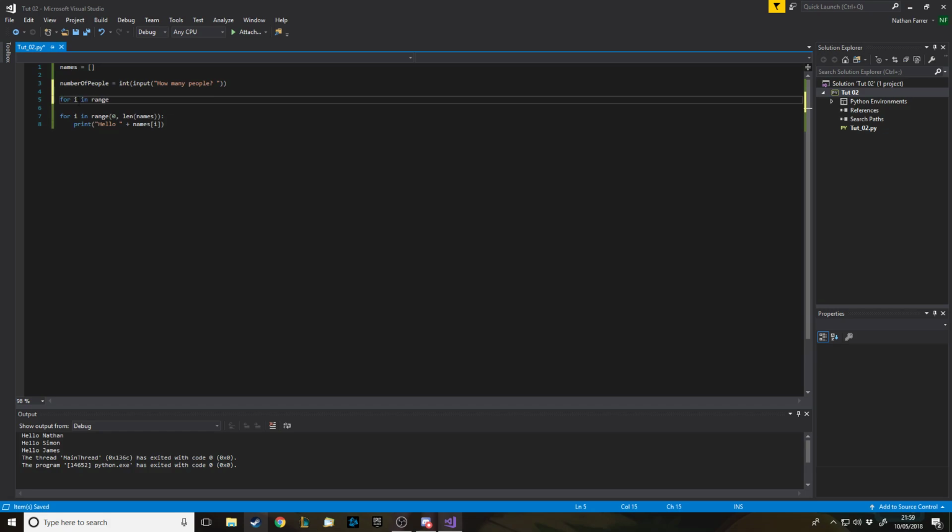Now I can reuse i, because after the loop's finished, i is gone. It only is i for the loop. So I can have multiple loops with i. So for i in range(0, number of people), so that's going to be whatever value they put in there. Colon. And we'll take